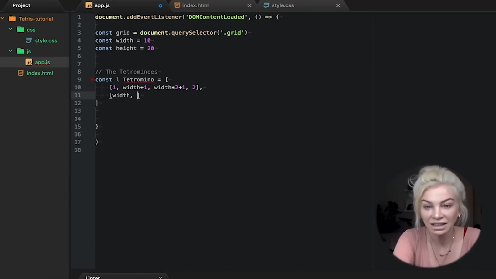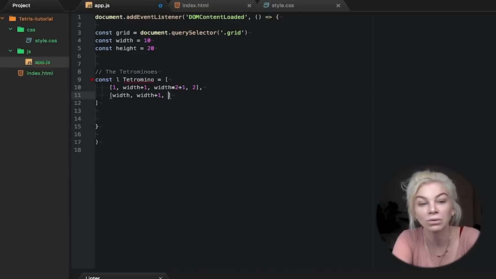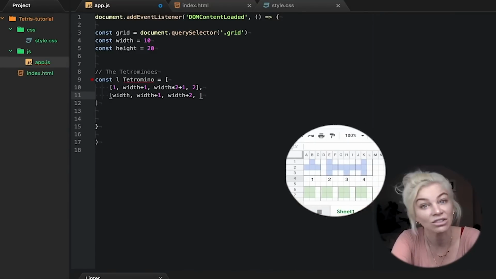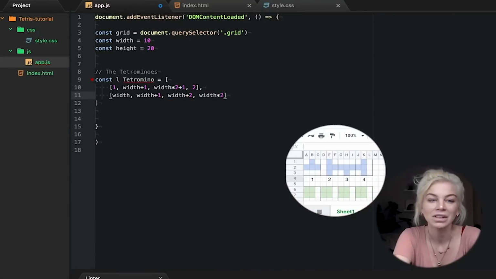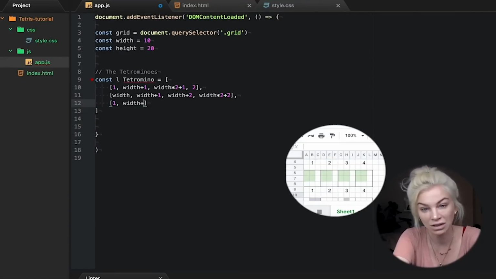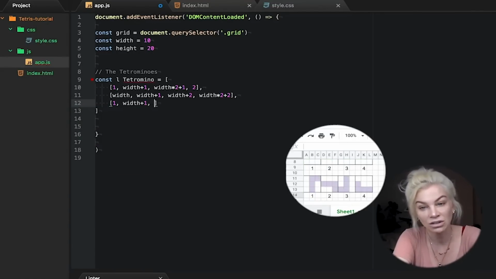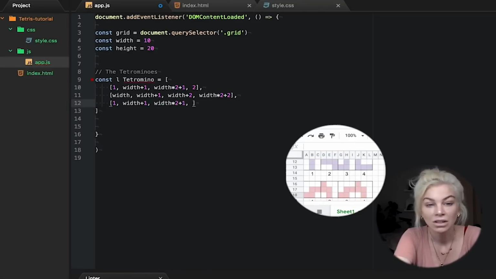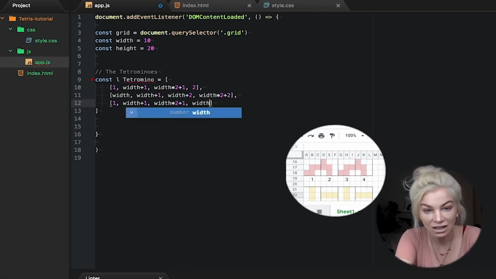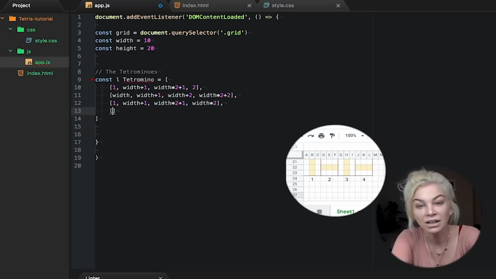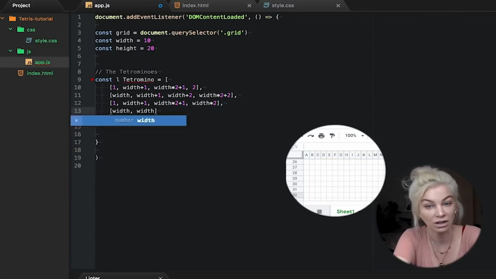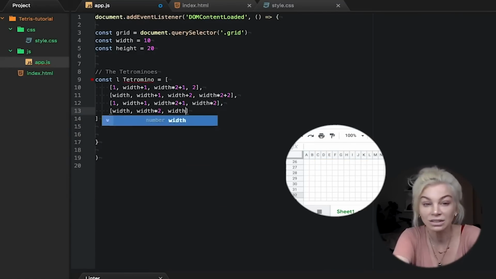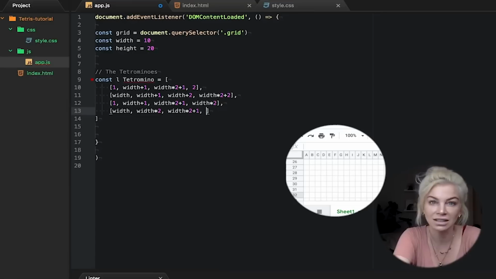As you can see here, I've put them in 4x4 grids to accommodate for their rotational axis. Based on my drawing, we are now able to draw the tetraminos as constants with their 4 rotations, using the constant of width as set above. We have set the width as 10, so let's take the starting position as 0 and start drawing our tetraminos out on the grid, each with their 4 rotations. So let's set this out at the top of your JS file.